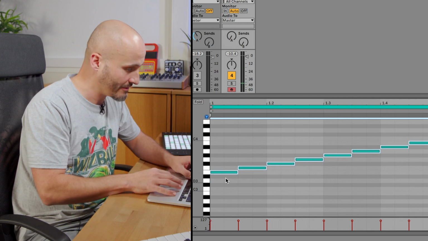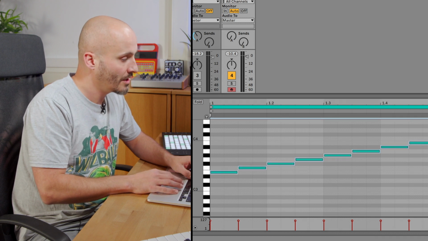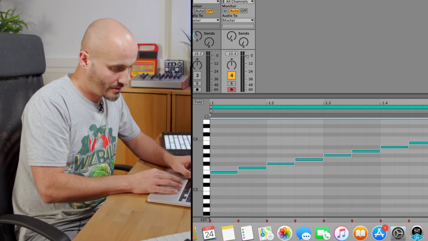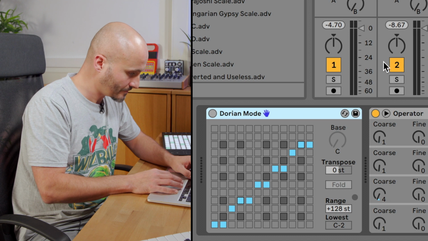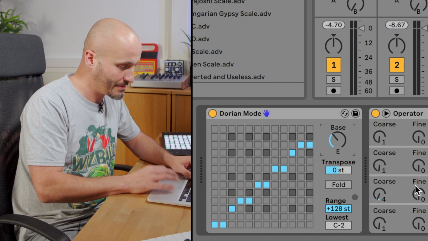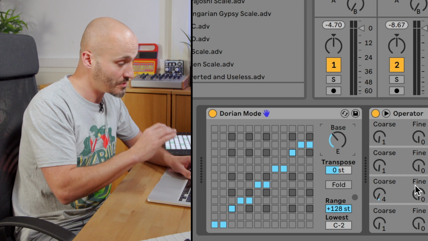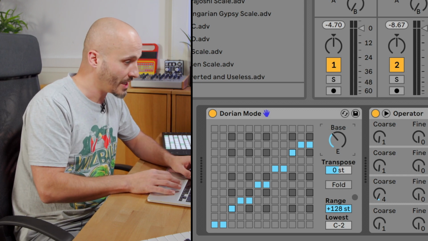So I'm using the up and down arrows again here. Let's just turn the MIDI editor off there so we don't hear all the movements. So if I go back to the Scale device for a minute, turn it on, as long as this is also set to be anchored around that E position, it will now allow me to play in the key of E, but use the Dorian mode. So now if I press play,